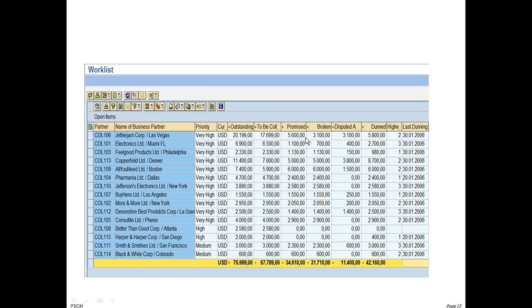And what is the link between a promised item and a broken item? What is the link between them? Again, a dispute case with respect to the work list. What is the link between a dispute case and the collection management system? Is there any dunning done for that? Whether you are going to use both systems? That is called the next one, which is majorly dunning information. Likewise, you can maintain various open items with respect to a specific customer. That is the overall outline of the